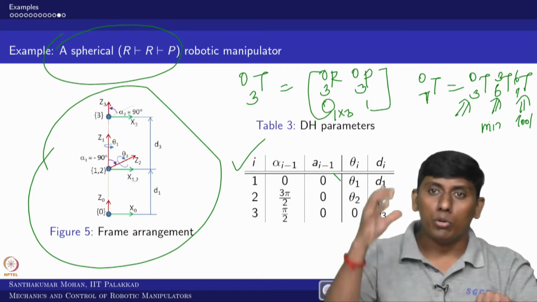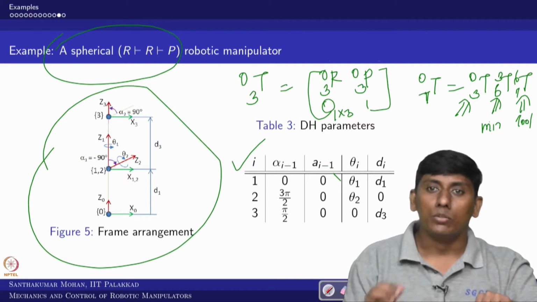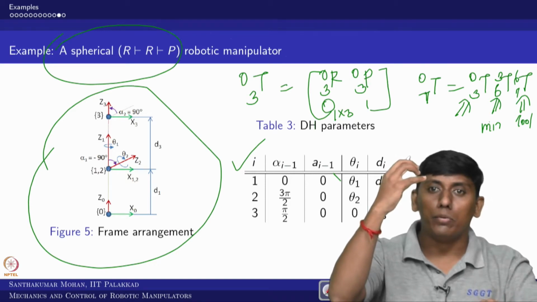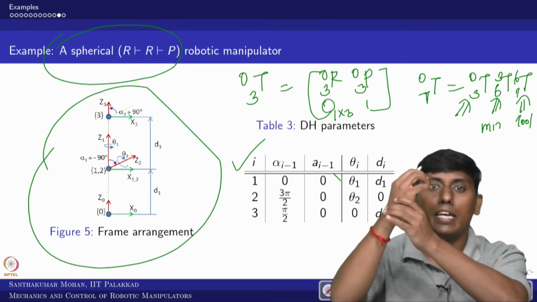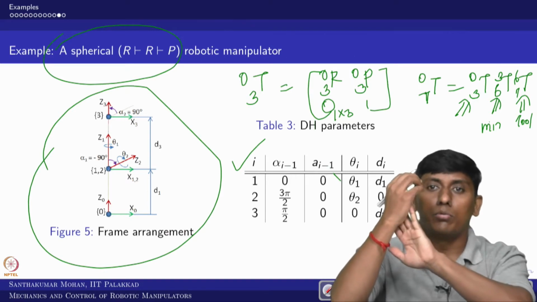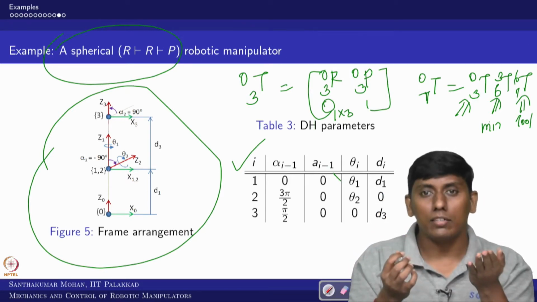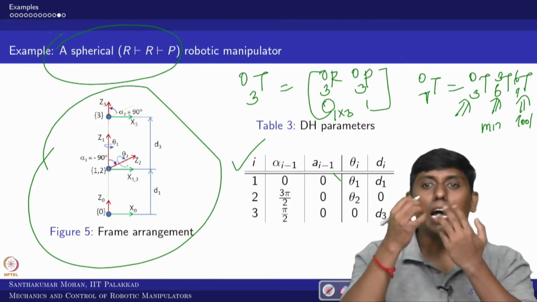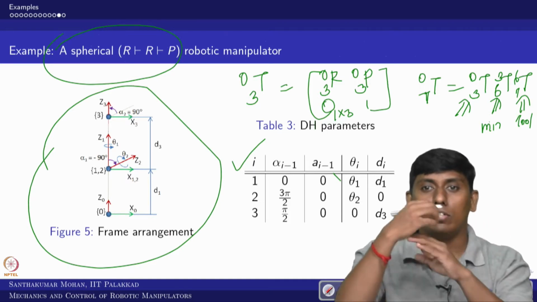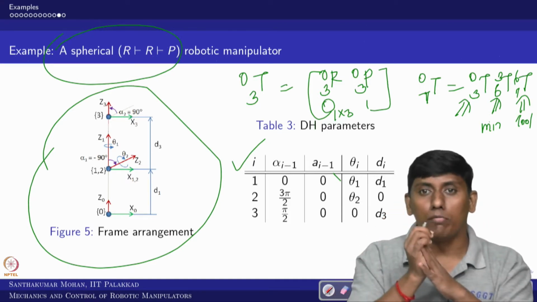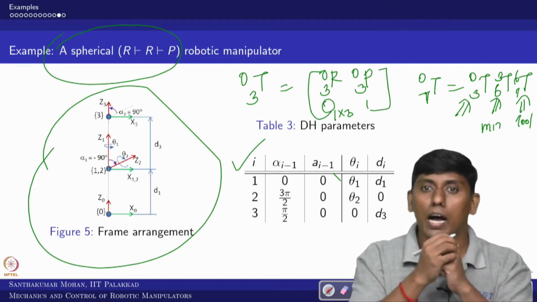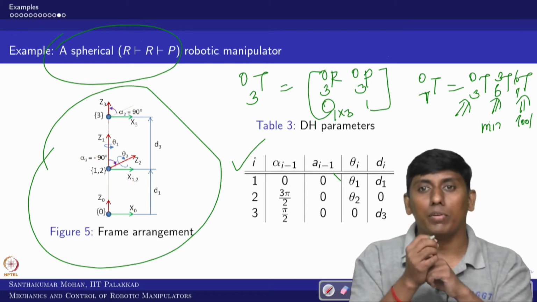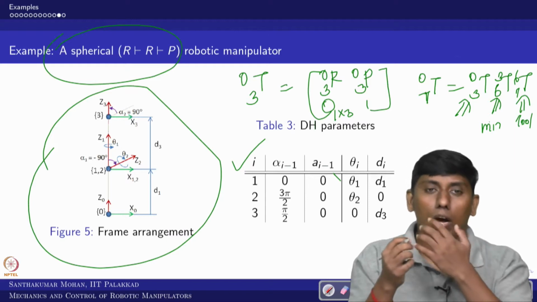What does that mean? Your wrist needs to be positioned in space, so you need 3 coordinate transformations. You need to have this particle position, in the sense you need x, y, z. So this is major. That's why the first 3 joints we call major axes. The next 3 joints orient your wrist, so we call them minor axes. The last, final axis is just the tool orientation if it is a 6D robotic manipulator. If it is other than 6, say 7 or 8, then these 2 extra axes we call redundant axes. Okay. So now you are clear on that.